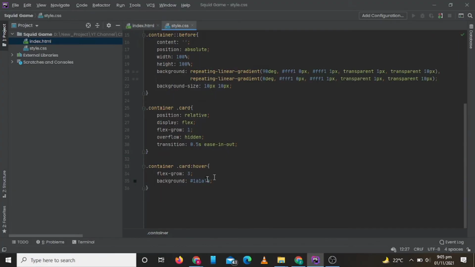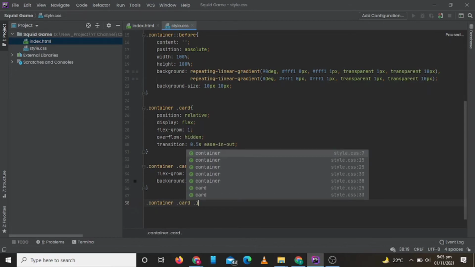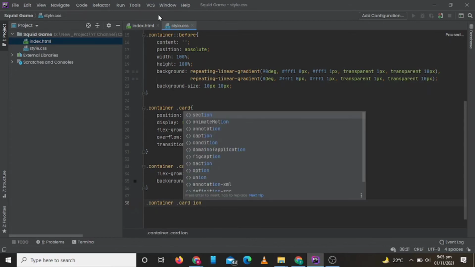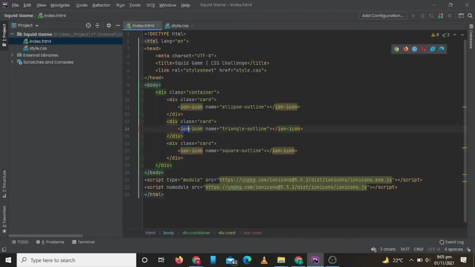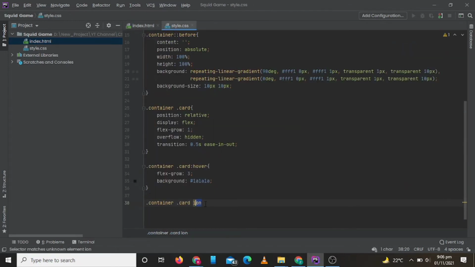So now let's center them and increase their font size. So they are big.